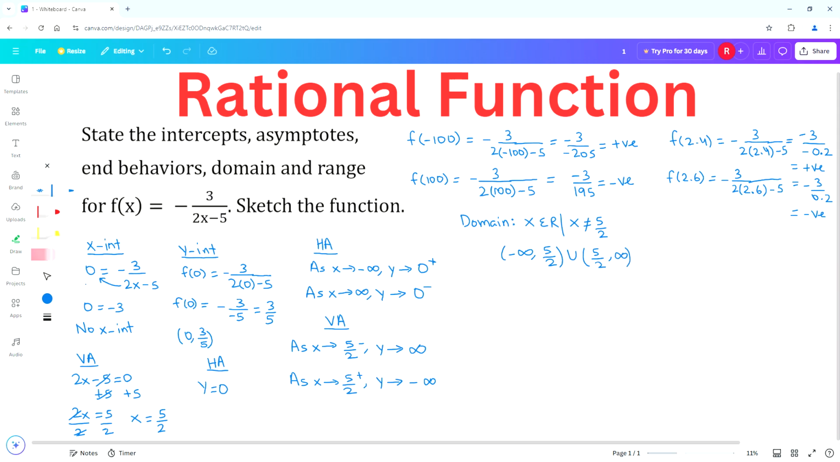Next we can write the range. The range has to exclude the y value at which the horizontal asymptote exists. So the range can be written as In the interval notation, we can write it as